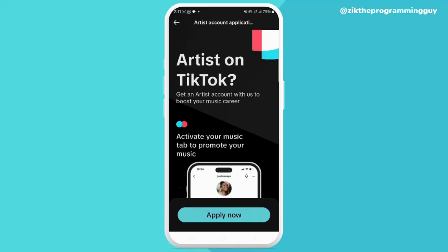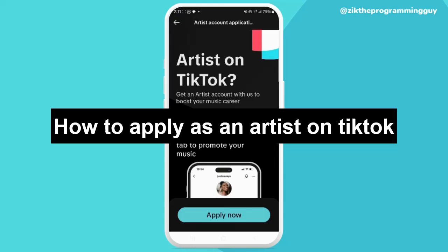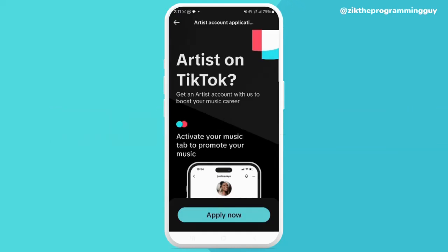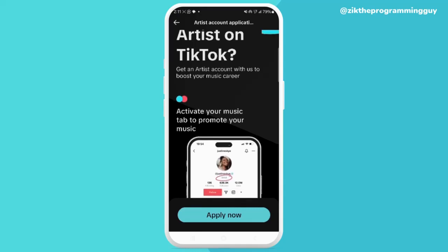In today's video, guys, I want to show you how to apply as an artist on TikTok. It's very easy, guys, so let's get started. All right, so if you apply as an artist on TikTok, you'll be able to activate your music tab to